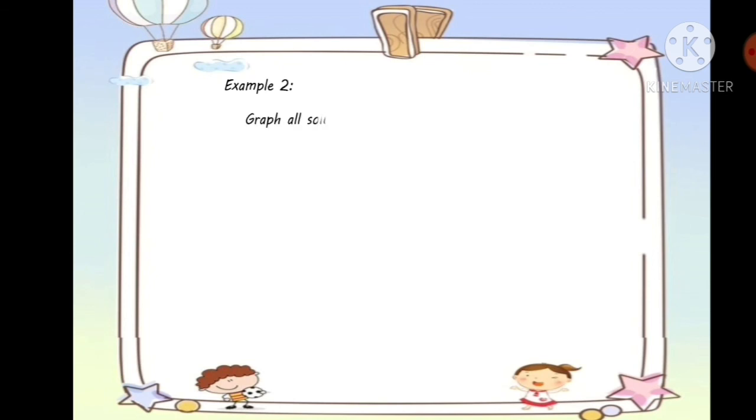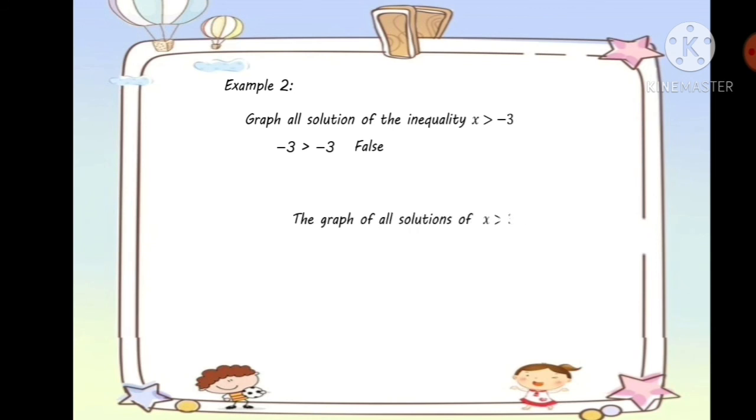Example 2. Graph all solutions of the inequality x is greater than minus 3. Answer: in this case, any number to the right of minus 3 on the number line will be a solution. The border value minus 3 is not a solution. Minus 3 is greater than minus 3 is false. In order to deal with the problem of shading every value to the right of minus 3 but not including minus 3 itself, we will indicate the border value with an empty circle. The graph of all solutions of x is greater than minus 3 is